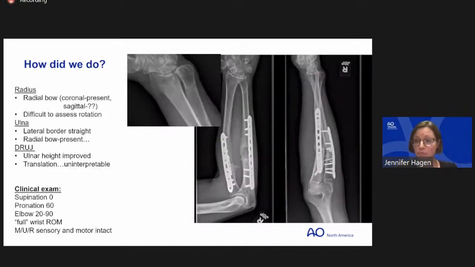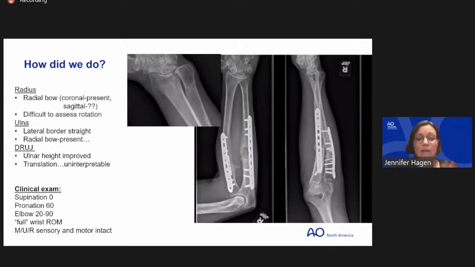So this is the finished product, still with crappy x-rays, unfortunately. So how did we do? If you're looking at what we're calling the AP, which is the image in the middle, we do have some radial bow in the coronal plane. Hard to judge the rotation still, right? Because we don't have a good AP of the forearm, I can't really see the tuberosity very well, but we've got a decent amount of bow there. On the lateral view, it's very difficult to tell. We can see that there is a bow, presumably in the correct direction, but that one's very difficult to assess.